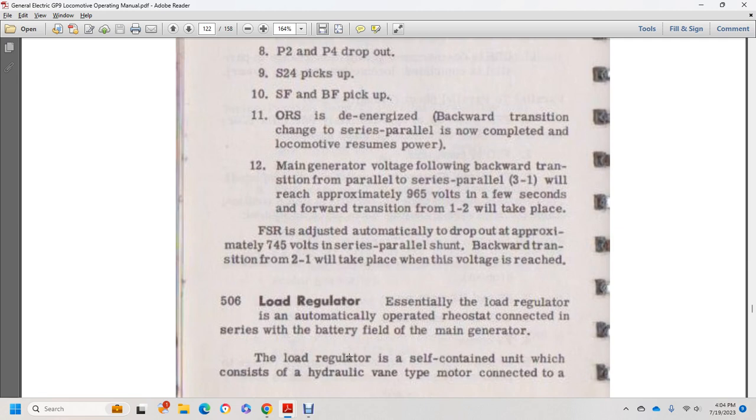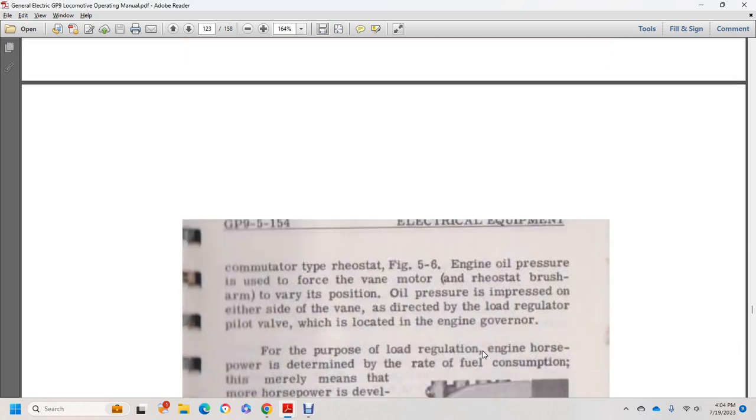Alright, 506, your load regulator. Essentially, the load regulator is an automatically operated rheostat connected with the battery field of the main generator. The load regulator is a self-contained unit which consists of a hydraulic vane type motor connected to a commutator type rheostat, figure 5, 6. Engine oil is fed to the vane motor of the rheostat, with the brushes moving to varied positions by the oil pressure to either